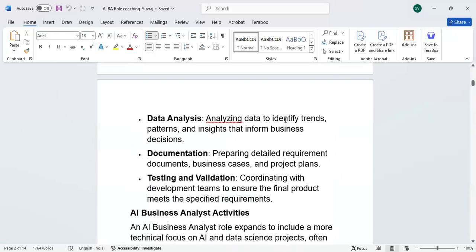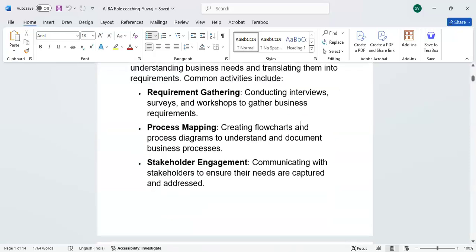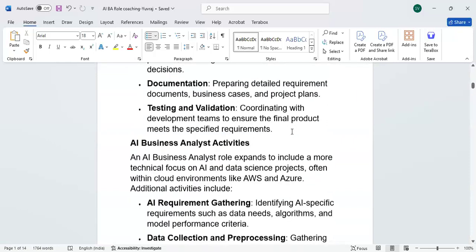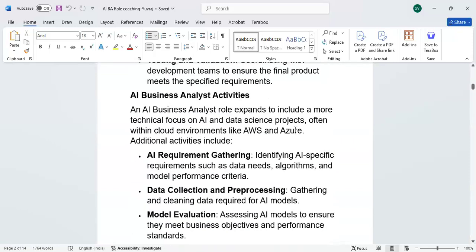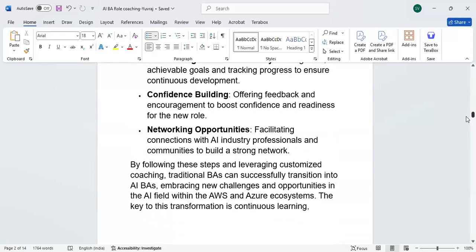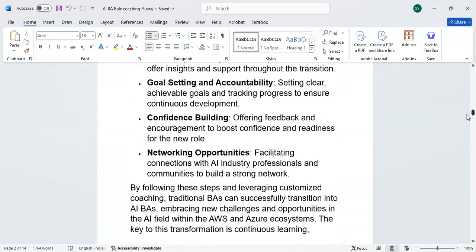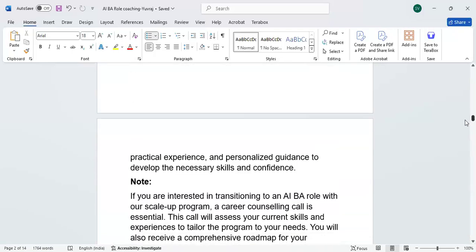You see the activities here. We discussed the traditional activities. The ABA role activities are totally different. Okay, which you are going to learn those things stage by stage. Now let us go to the plan. In the plan, you will come to know some activities, which for your questions, some of them will be resolved. Then later on, we will see other questions.